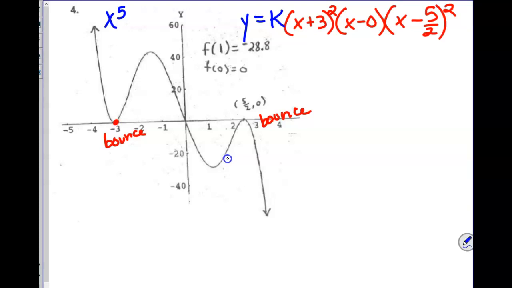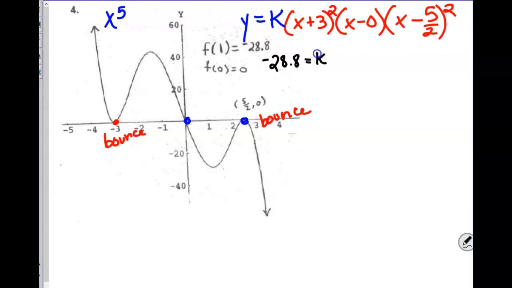What point do they give us to enter in? Can I put 0, 0 in, guys? There's no stretch at 0, 0, so it's not going to help us find k. It is, in fact, one of the zeros. You can never put a 0 in to find a stretch. What's the only other point they gave us? Yeah, this lovely positive 1, negative 28.8. So we have negative 28.8